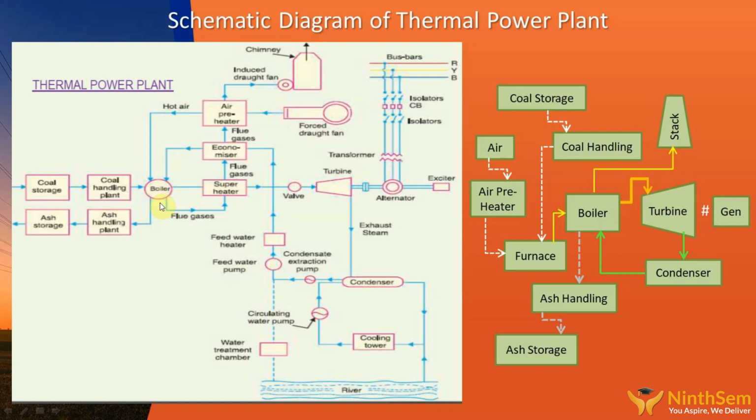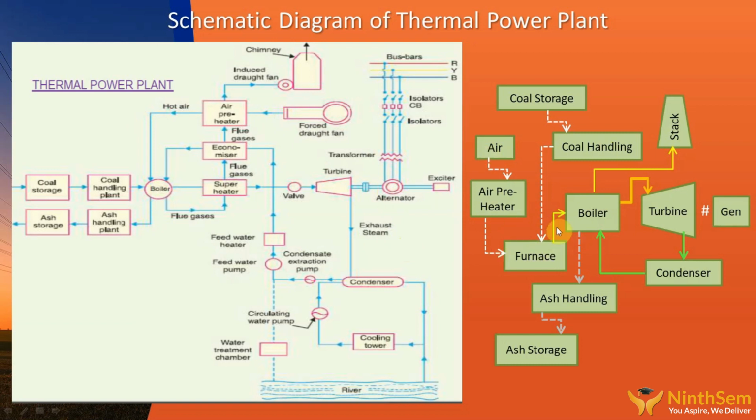So these are the important systems existing in the thermal power plant. Once the generator produces the power, this power is stepped up with the station transformer and connected to your grid system. This is called the electrical system, through the switchyard arrangements. So these are the main systems involved in the overall schematic diagram.